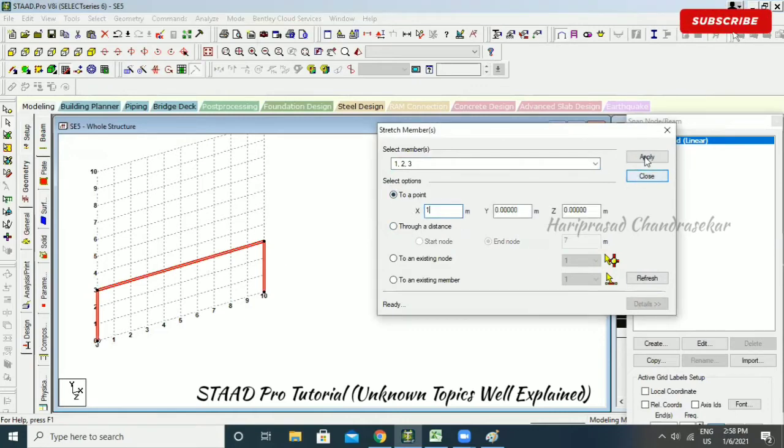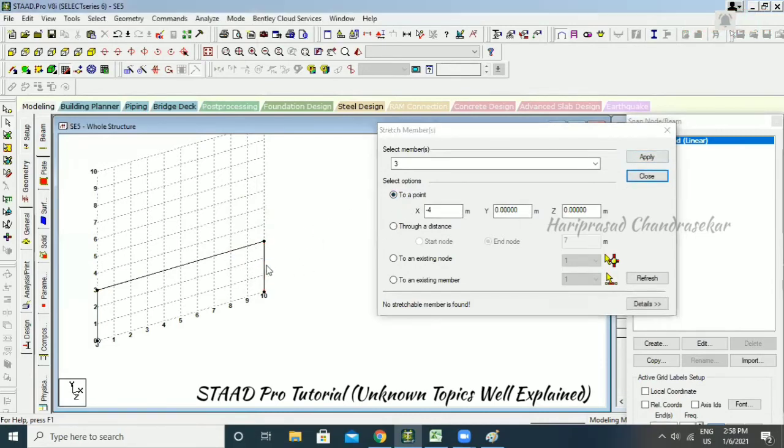For example, 1 and I'm just going to apply. No, it won't stretch actually. Otherwise, you can just select these two and you can just go for -4 and then apply. No. This one, like we can use for some other example, but for this, if you want to stretch, you can go for this one.